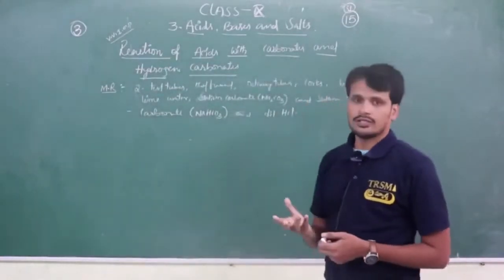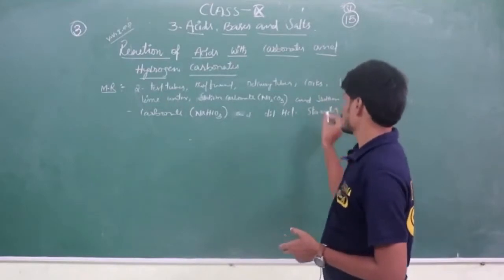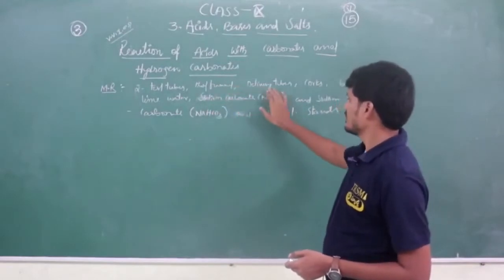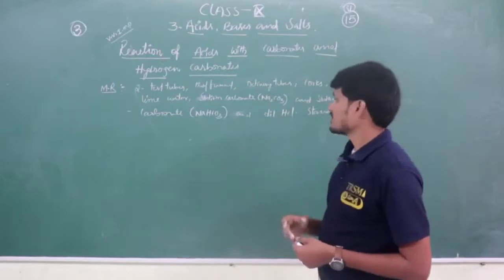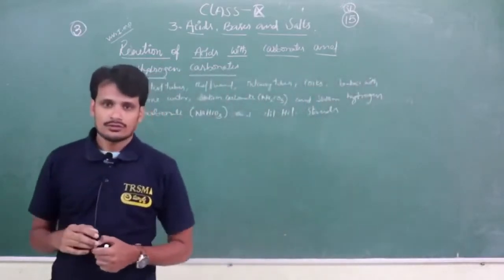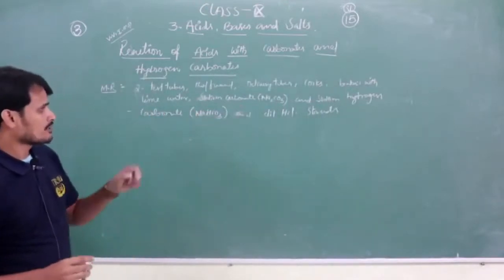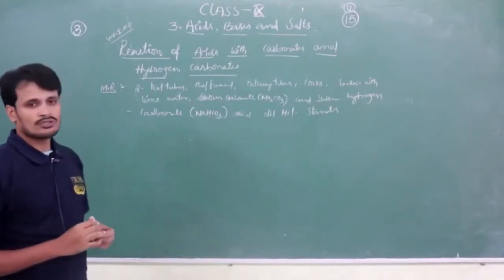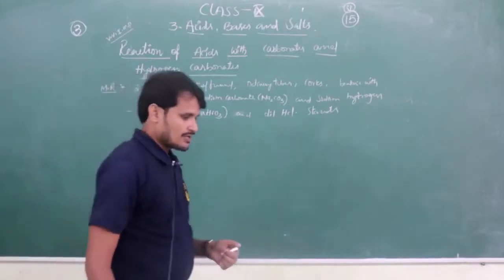So what are they? We need two test tubes, and two laboratory stands. So: two test tubes, thistle funnel, delivery tubes, rubber corks, beakers with lime water, sodium carbonate, which has the chemical formula Na2CO3, and sodium hydrogen carbonate, which is NaHCO3. And we know what HCl and stands are. So let's see the procedure.